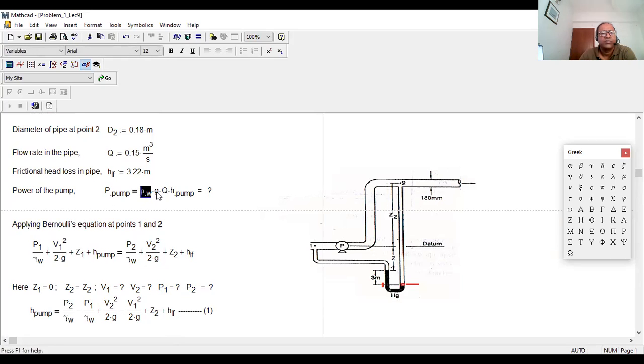Rho we already know. G value we know. Q is already given, but H pump is not given. That we need to figure out. So